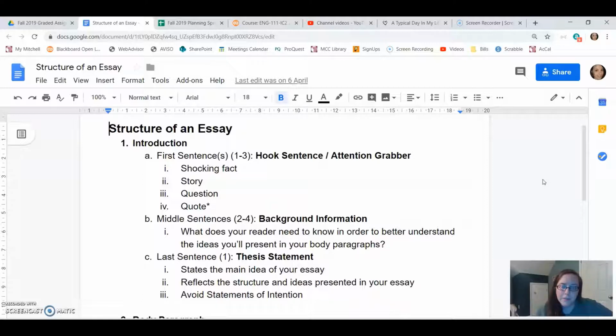So if you're going to begin with a quote, it needs to 100% relate, and you need to comment on it before you move forward with your introduction. If you begin with a quote, it really needs to be a lead-in to your ideas, in so much as you are segueing and transitioning very gently away from that quote and really commenting on it and exploring the concepts of the quote before you get into the rest of your introduction. Or you come back to the quote at some point later on. So just be careful in my class in particular with beginning with quotes. I'm definitely not telling you that you can't do them, but you just want to be careful with them.